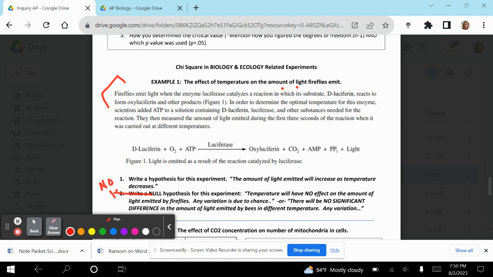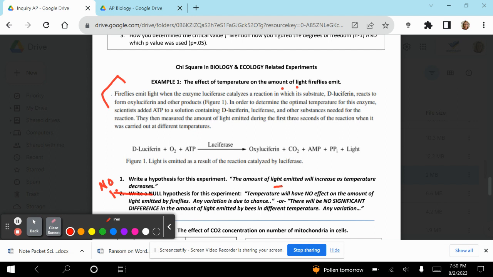Well, to help you maybe better understand this null hypothesis, let's just review how you would write a typical hypothesis that you've written in the past. So some of you might say, well, as temperature increases, the amount of light emitted by the fireflies will increase, or you might say decrease. Okay. So you're predicting about which temperature is going to have the greatest amount of light emitted or maybe the